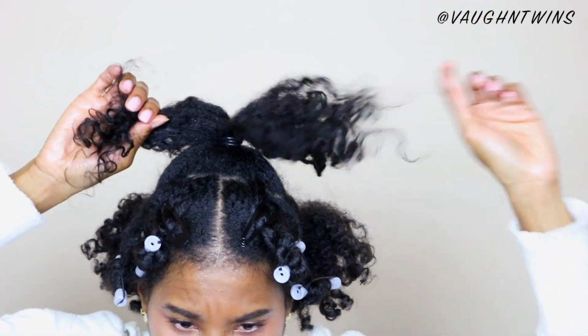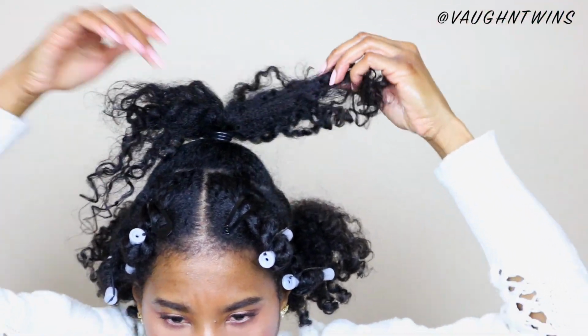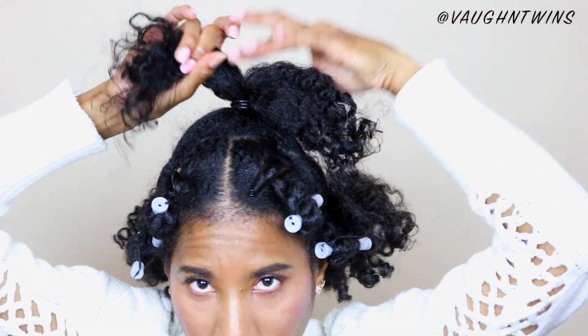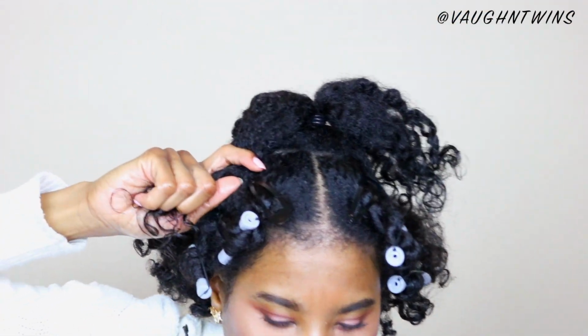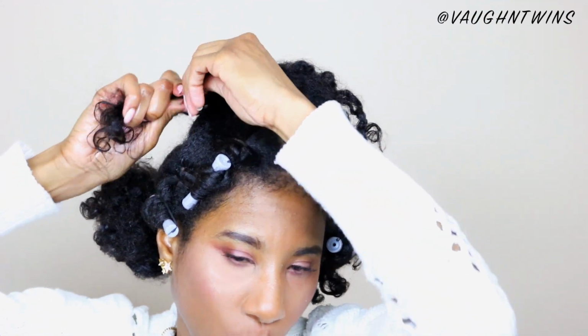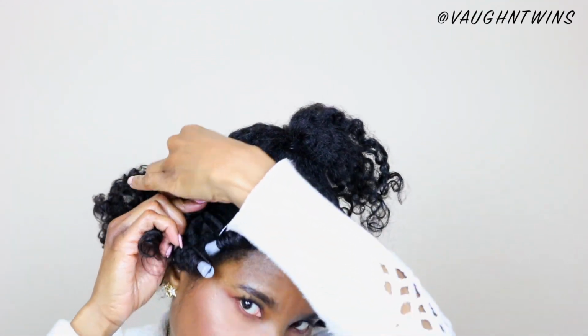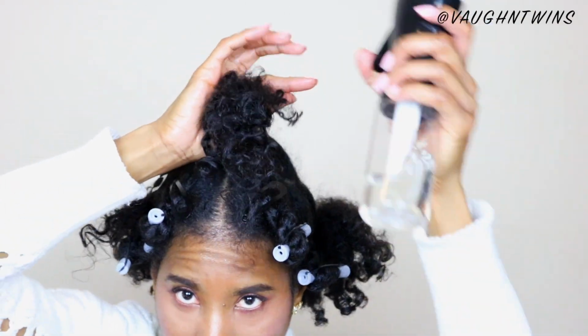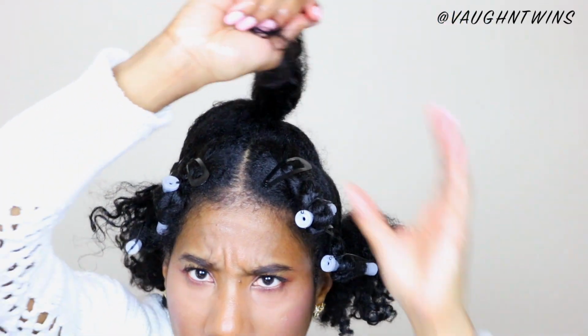So I have heat damage up here, so you all are going to see some straight pieces. But I split this off in two, and I'm gonna go on ahead and just clip one side off to the side so that it's easier for me to work with. So I split that off. I'm gonna spritz this just a tiny bit, and I'm gonna go in again with my